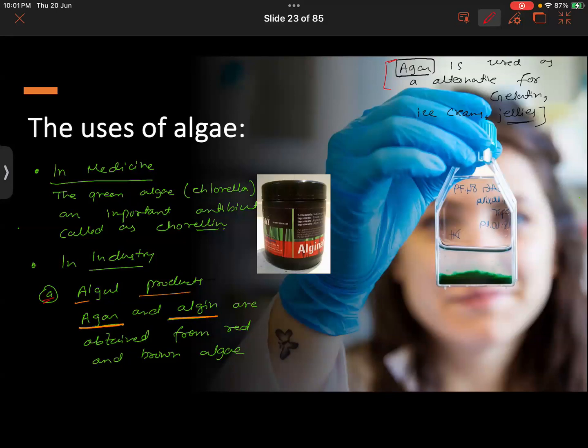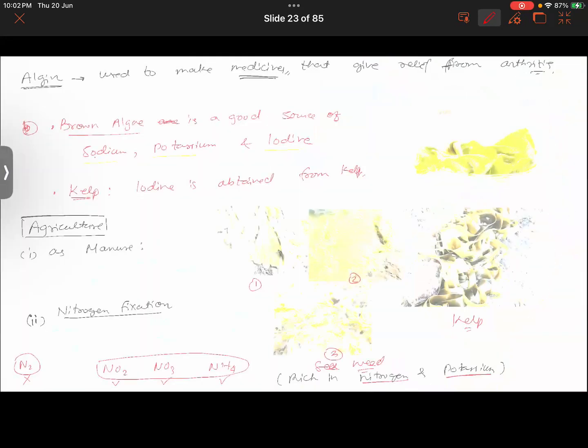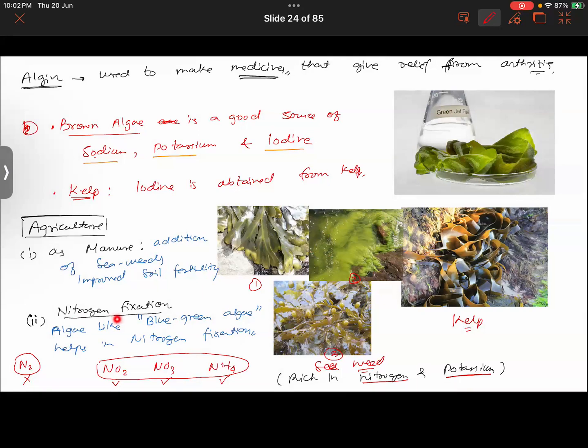It is used to get algae and agar. It can be used in agriculture, as a manure, right? And there's an alga that goes by the name blue green alga that helps in nitrogen fixation, isn't it? Then we also learned that